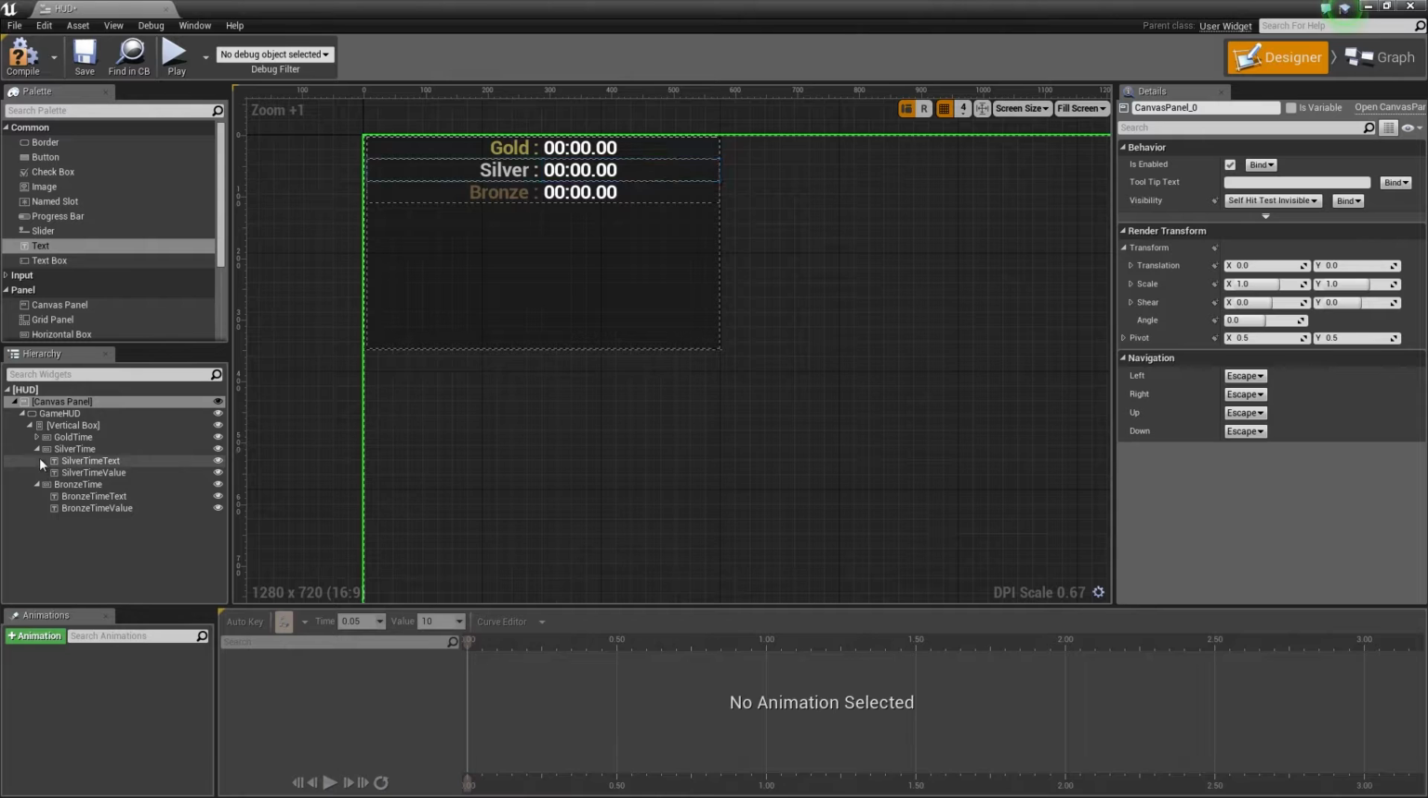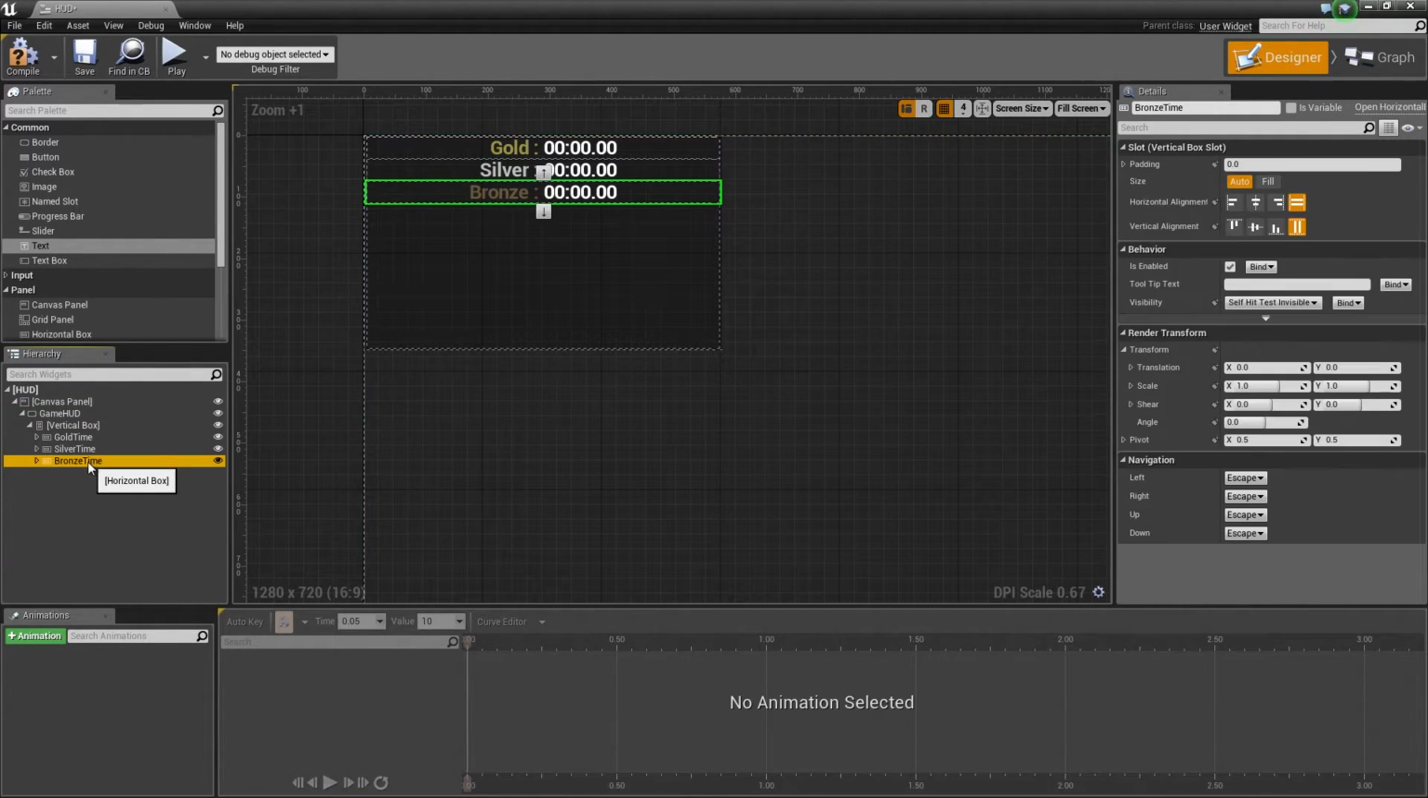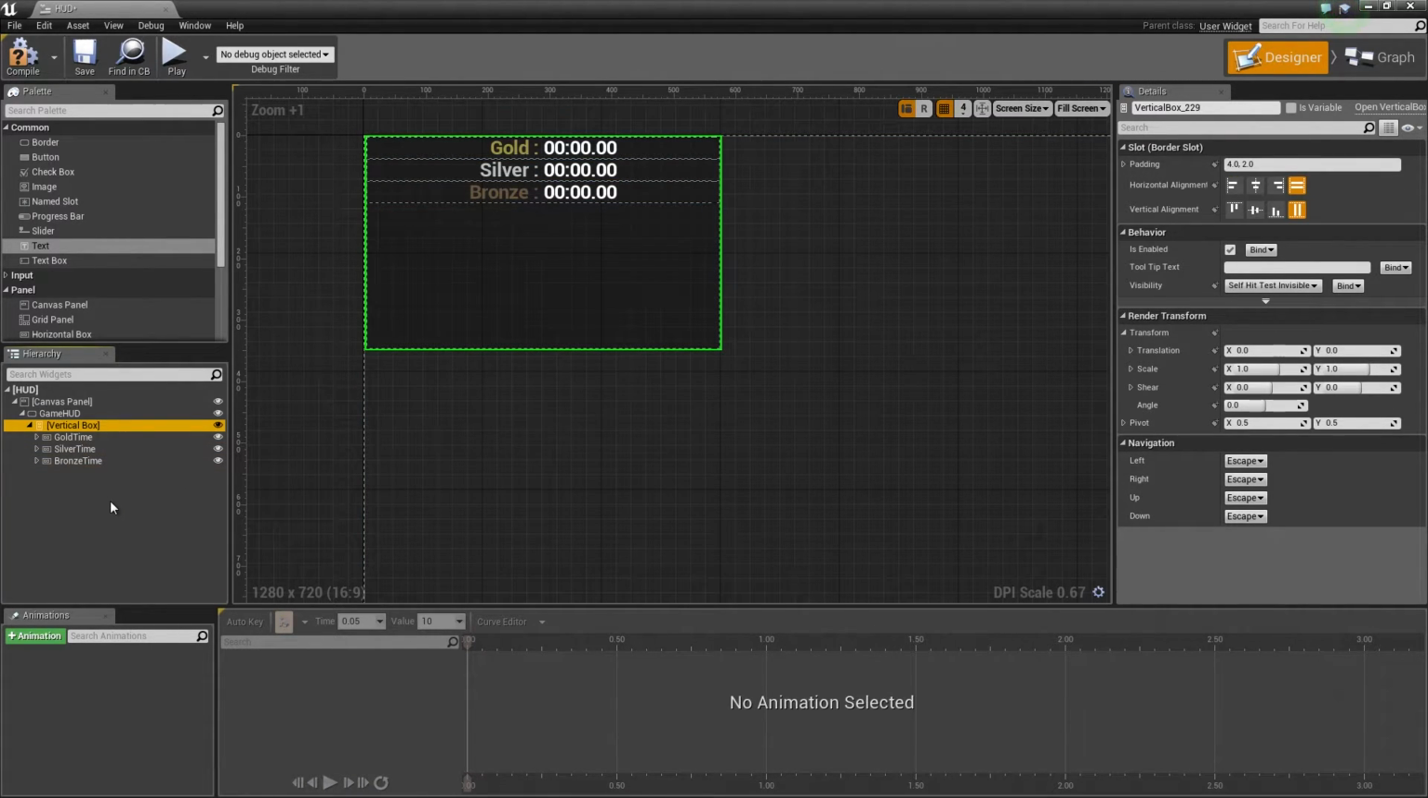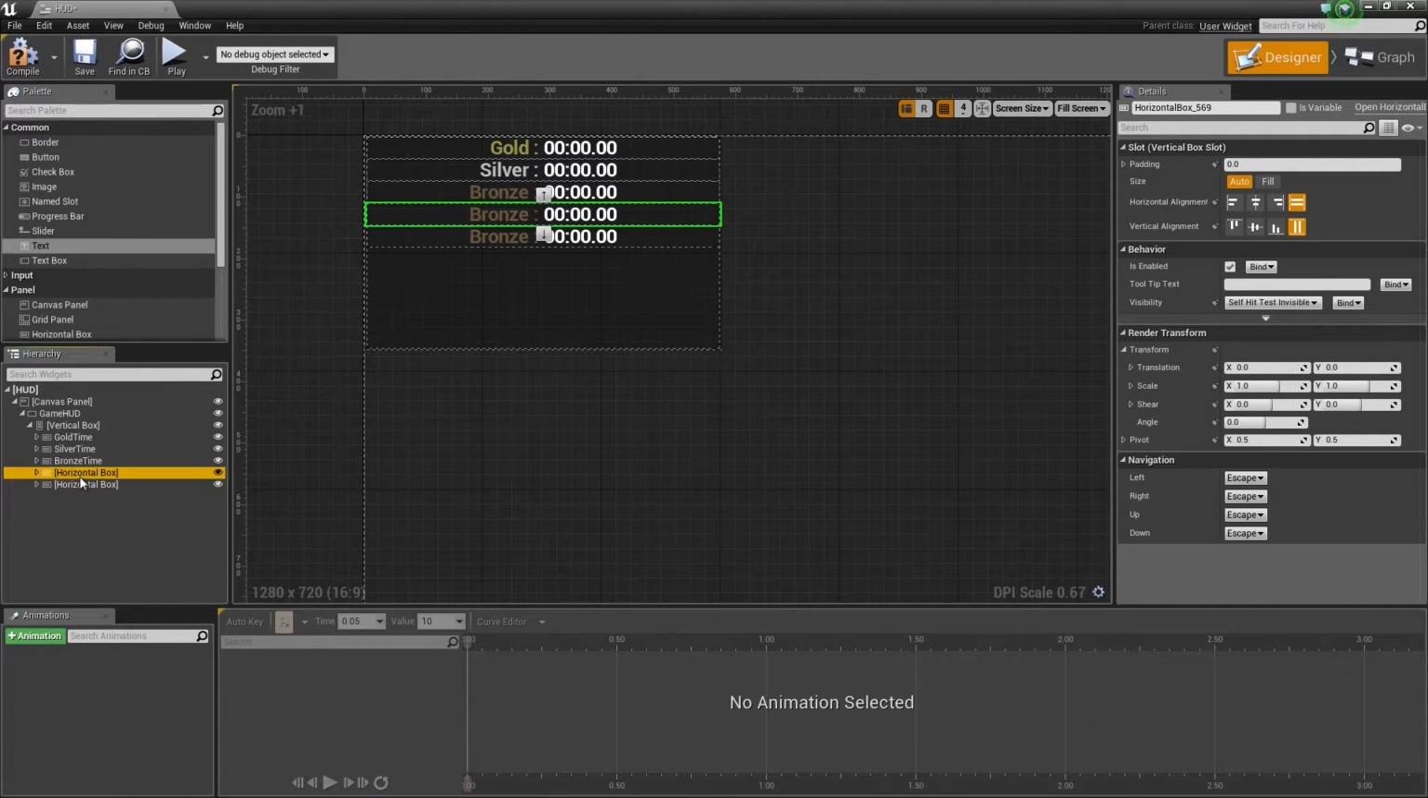Let's continue now. So let's minimize these. Let's actually go ahead and select our bronze. Let's hit Control C, and let's select our vertical box and hit Control V and Control V one more time. We're going to use these second two here. We'll use this horizontal box, this one here. We'll use this for the lap counter, and we'll use this one here to display the best time for the map. So let's actually select the bottom one and hit F2 on it, and let's call this best time,